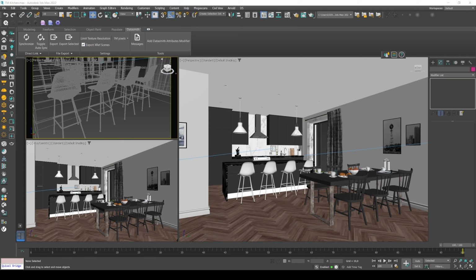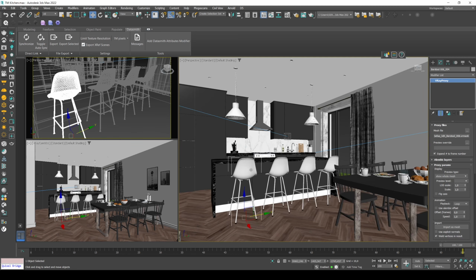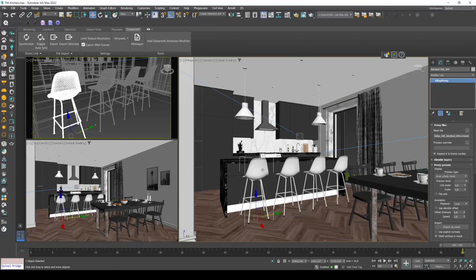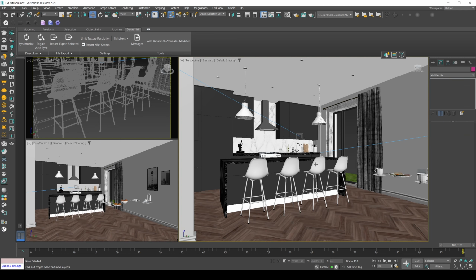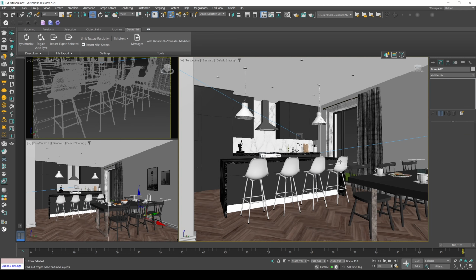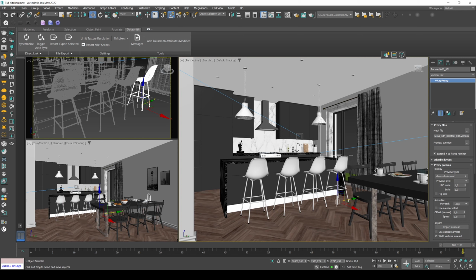For this scene you can see different models, some of them modeled and some of them imported from other websites, Cosmos and etc. And I use them as proxy models in this mix for rendering in V-Ray or Corona. As you can see here, this is a proxy model. It's useless to export this model to Twinmotion as it is. I'm going to delete all of the copies of that object.